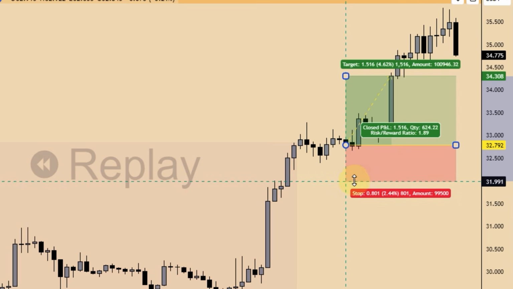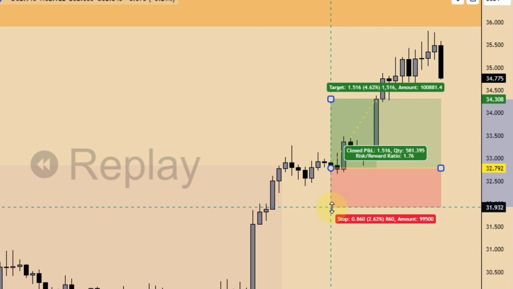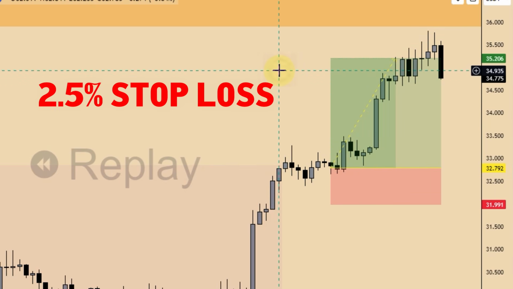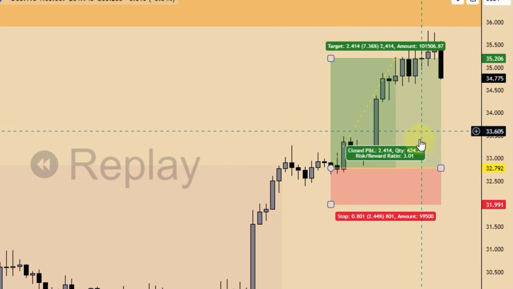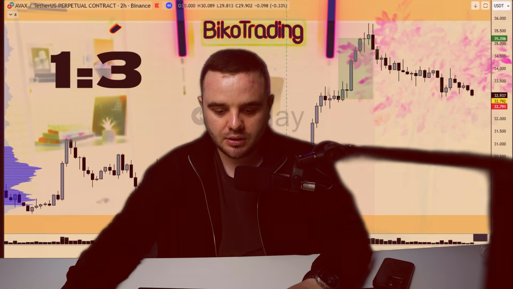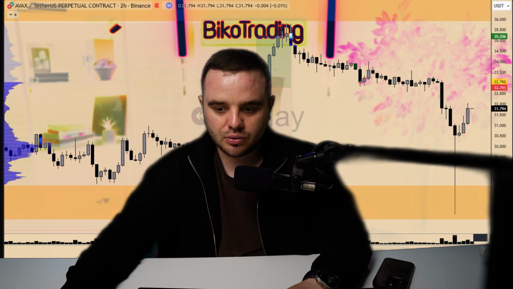What's the best stop loss to use in that case? Honestly, I often use mathematical stop losses. On AVAX I use a 2.5% stop loss because for me it's based on AVAX volatility. About target, my advice to you, when you take a trade after such a series of rises, like we saw on AVAX, in that case don't be greedy, take 1 to 3, 1 to 4 and get out. And as soon as you see 1 to 3, you immediately move stop loss to break even, because at any moment there could be some significant stop loss hunts. That's why like here, if you wouldn't take 1 to 3, the risk to reward ratio on AVAX could go really dramatically against you. I hope you enjoy our short trade breakdowns.